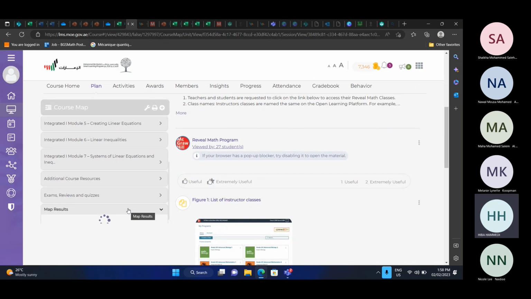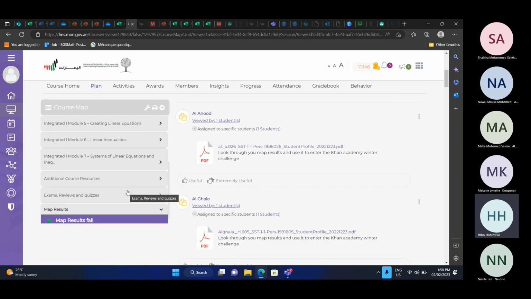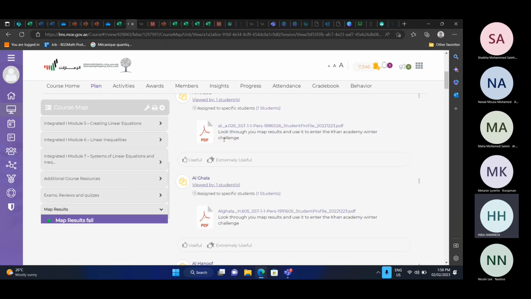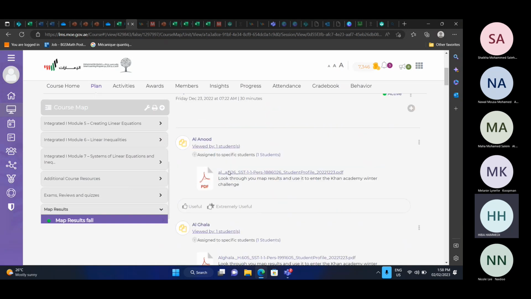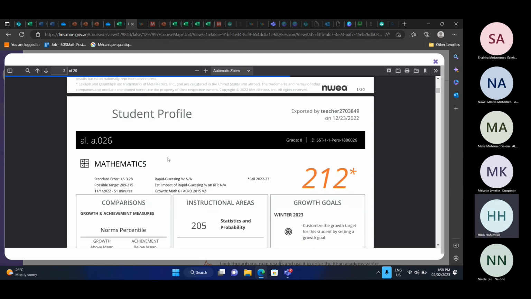And I shared with each one of them a detailed report of the whole thing from MAP. So I went there, for example, if I press on this report here,